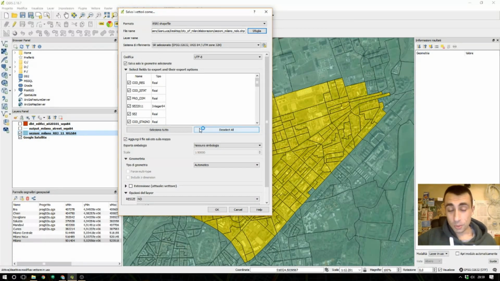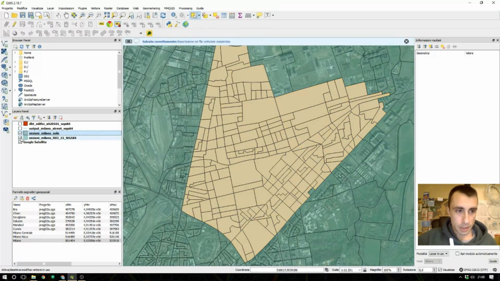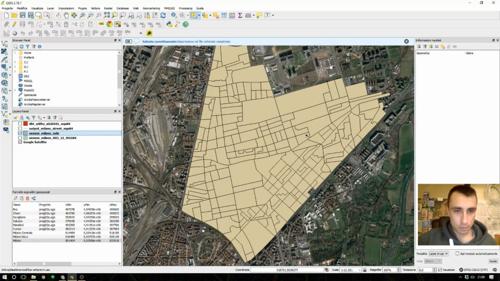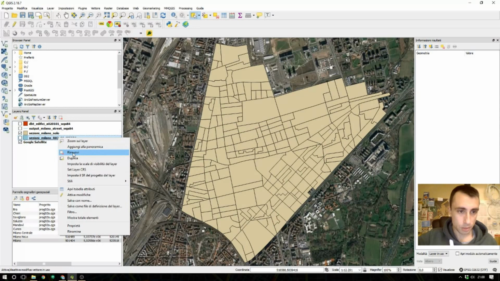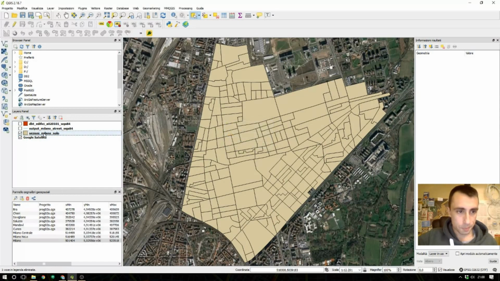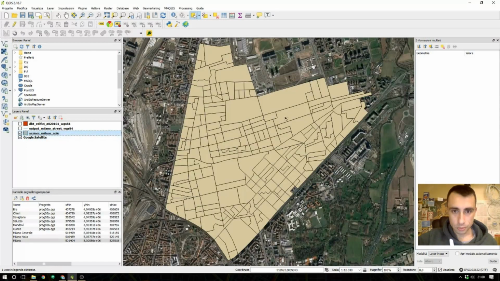It's not an official district, but was given this name by the hipsters in Little New York. We do OK. We verified that we are saving only the selected geometry, and now I have a new shapefile with the geometry that I had selected before. This I can delete, and now I can do layer and zoom to see all the selected geometry.